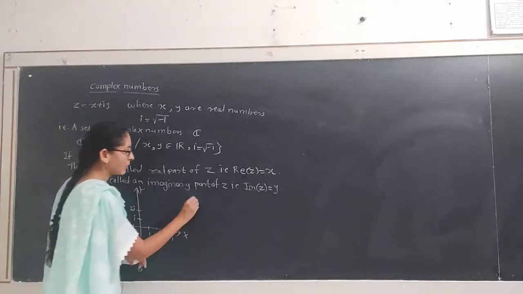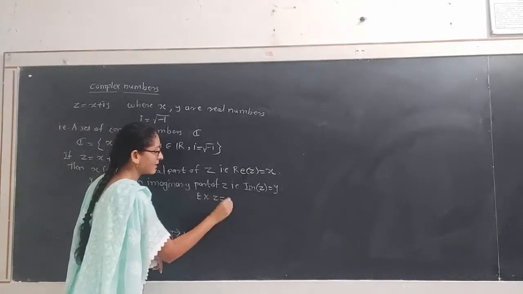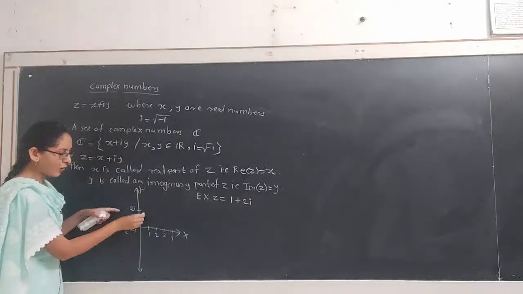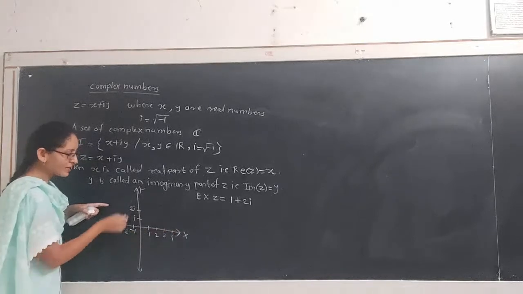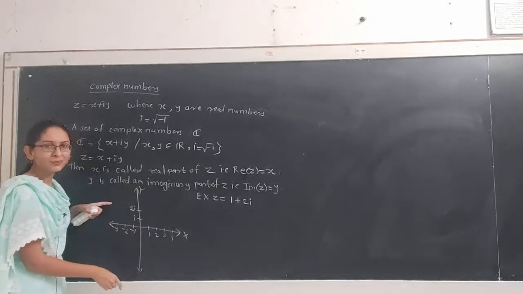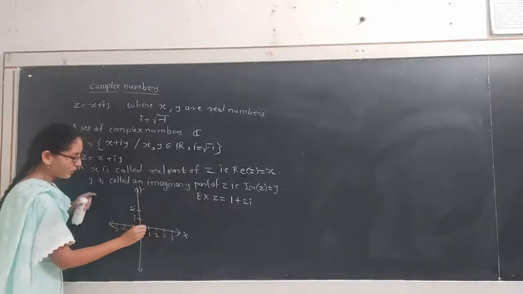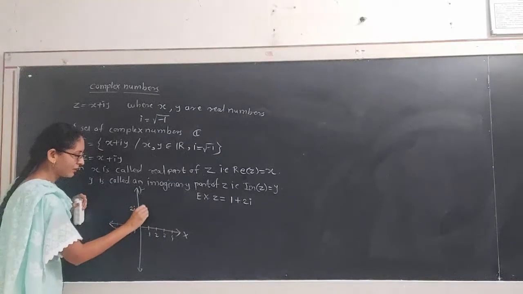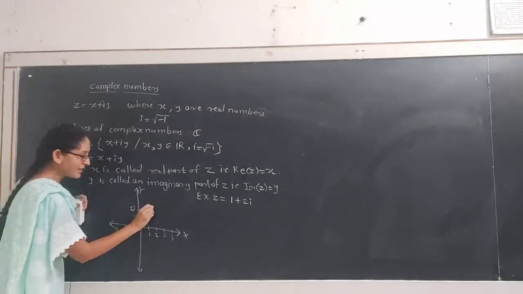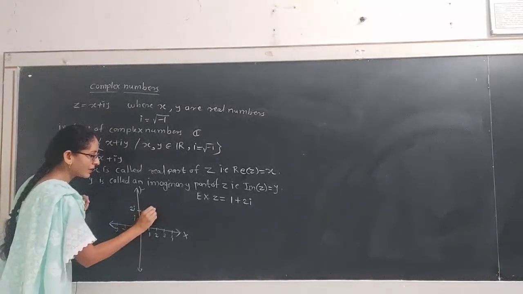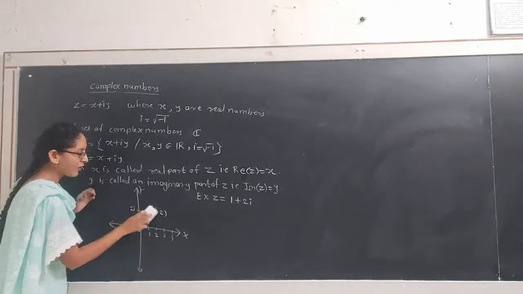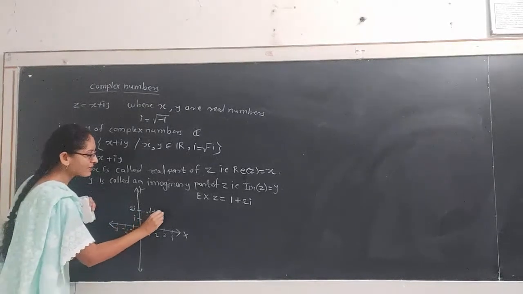Hence, if we have a point z as 1 plus 2i, then we plot this point on the complex plane. This xy plane is called the complex plane when we refer to y as the imaginary axis. This 1 plus 2i point is somewhere here. 1 is its x coordinate and 2 is its y coordinate. Hence, this point is nothing but either you represent it in R2 by (1, 2), or in complex form it will be represented by 1 plus 2i.